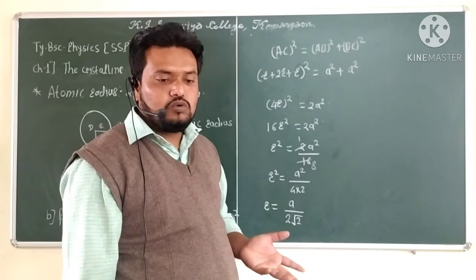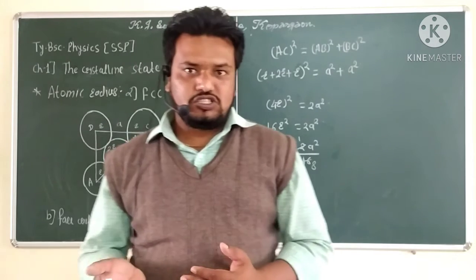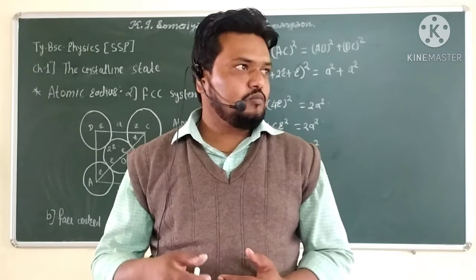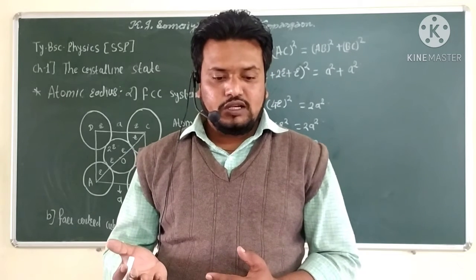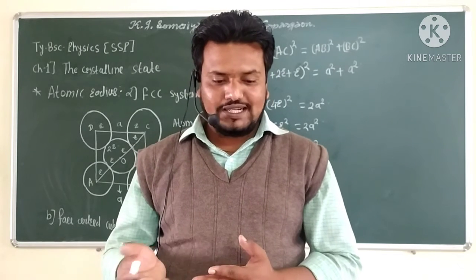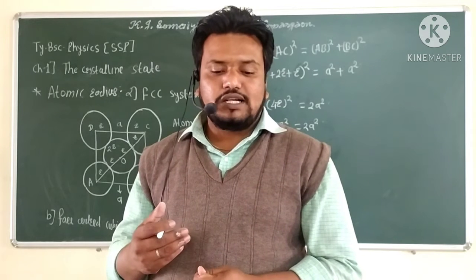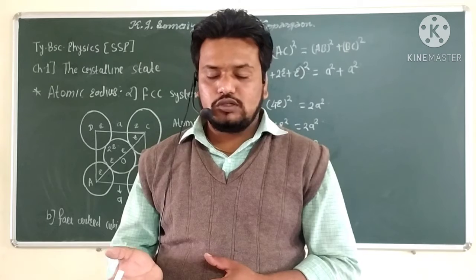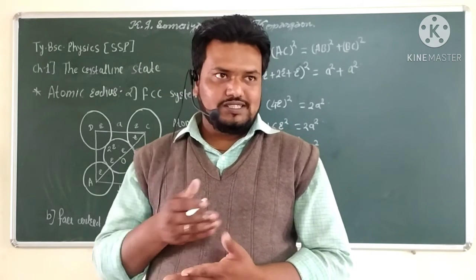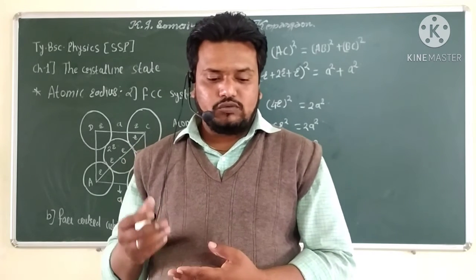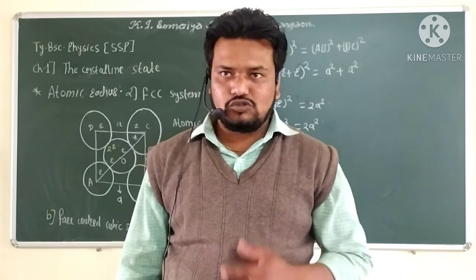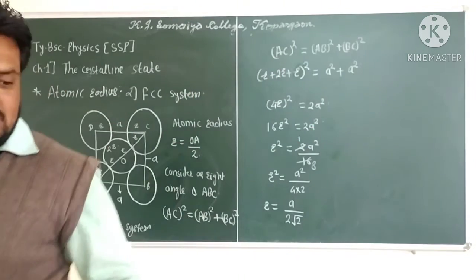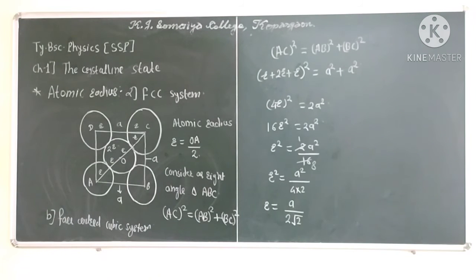So now the next cubic structure whose atomic radius we want to find is the body centered cubic structure. In the body centered cubic structure, BCC, there are atoms at the corners and one atom at the center, as shown in the figure, and we want to calculate the atomic radius, the same as for the FCC structure. So the next point is the BCC atomic radius.